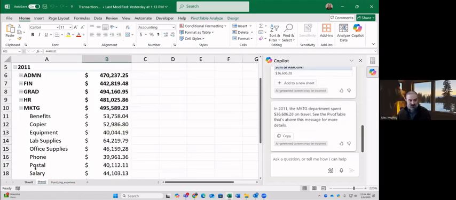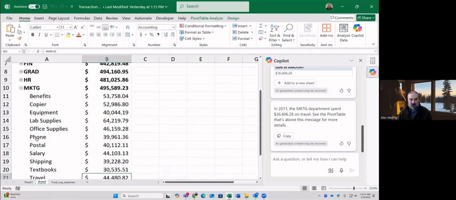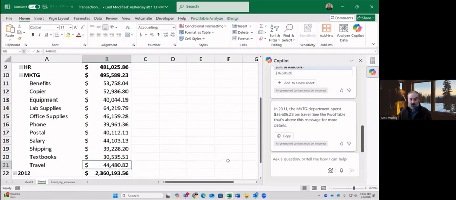So just to give you an idea, I already recreated this pivot table. And I did this by calendar year. And so what I did is in the pivot table, I pulled in the year and then I pulled out everything else. I didn't want the date. I didn't want the month. I didn't want the quarter. All that was pulled out. So it was just simply the year, which is the calendar year, right? And here's marketing. And if I go down here to travel for the calendar year, it was $44,000.